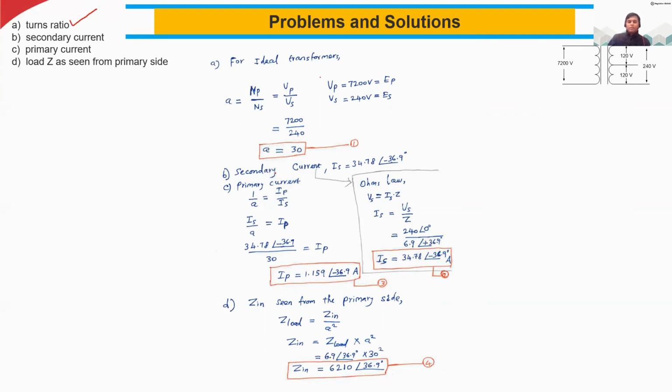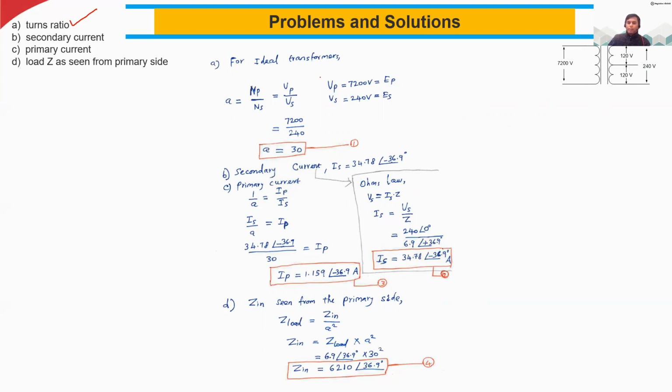Secondary current. So how can we find the secondary current? Now you can see here, we know Ohm's law: V is equal to IR. So Vs is equal to Is times Z, where Z is the impedance on the secondary side. So Is is equal to Vs divided by Z, bringing the Z to the left side. Now we know the Vs value, that is 240 volt divided by this,